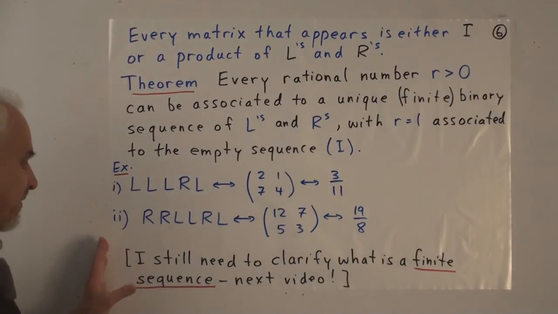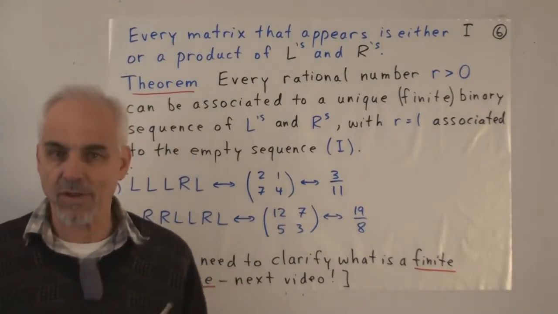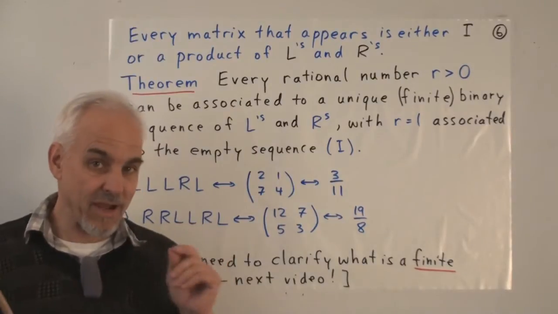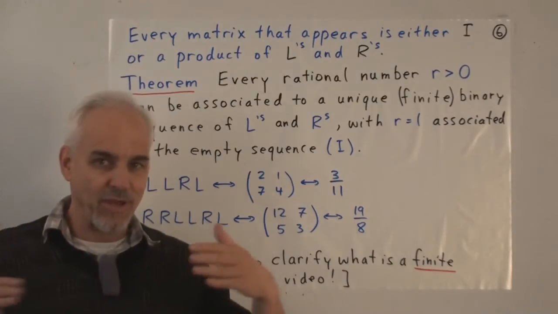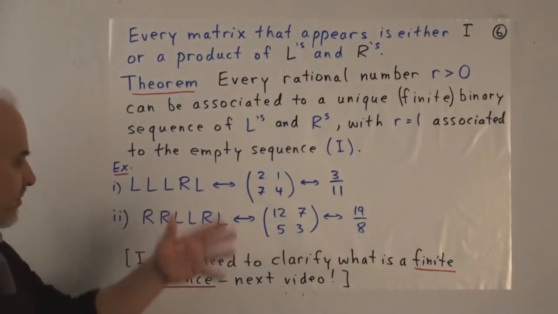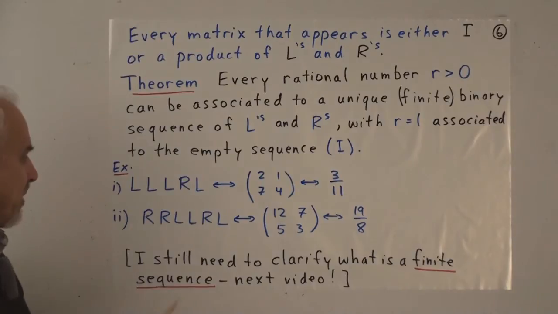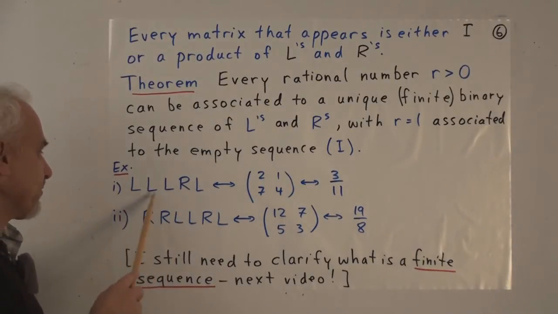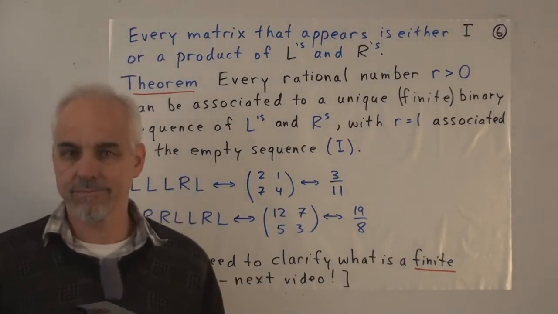So we're using the word finite sequence here in a rather loose way. We haven't completely clarified what this means. In fact, it's actually an important task to think about what exactly we mean by a sequence. It's a very crucial question in this whole analysis story. So next video we are going to have a look at that, but for now we're just going to adopt a little bit of an informal approach. We're just talking about sequences of L's and R's after all in this case, so it's just a bunch of symbols. Each of them is either L or R.